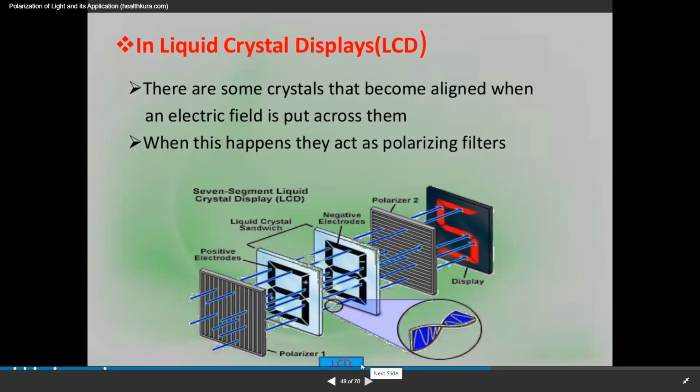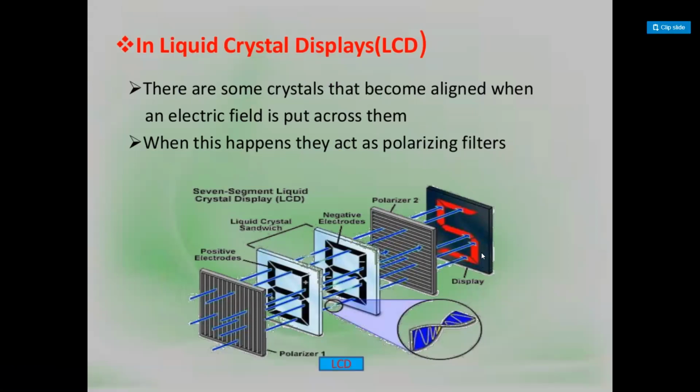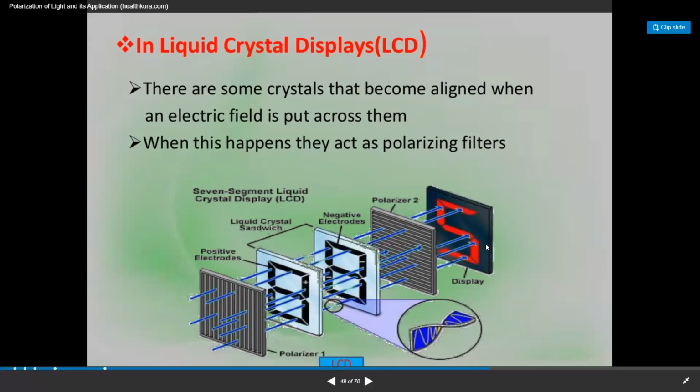And polarizers are also used in liquid crystal displays, that means our LCD TV. The screen is made with polarizing filters, and only then do we observe the image displayed here. So in an LCD TV in our regular life, the filters are made with polarizing materials. That is also one of the applications of polarized materials.